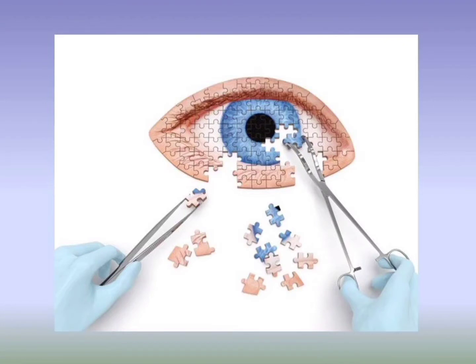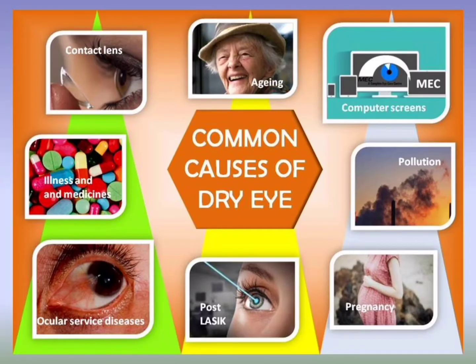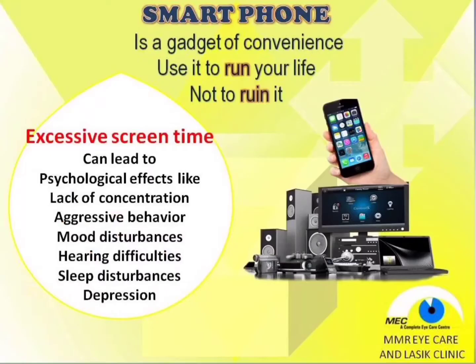Computer screens are made up of pixels, or tiny dots, which are hard for eyes to focus on. The computer user must therefore focus again and again to keep the images sharp. This results in stress of the eye muscles. Dry eyes occur due to lower blinking rate of users. Screens we come across in our day-to-day life are laptops, televisions, smartphones, and tablets.